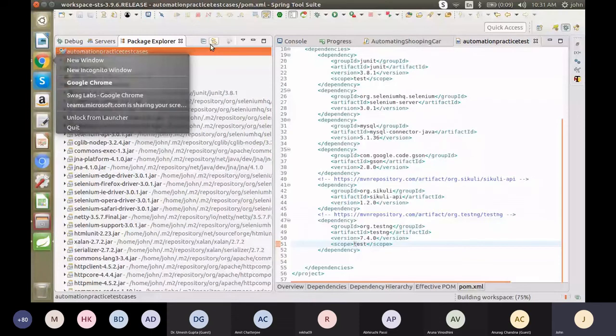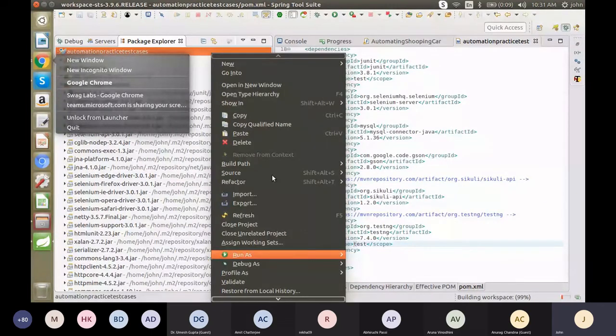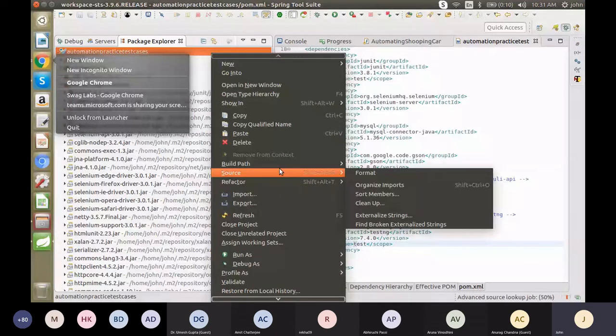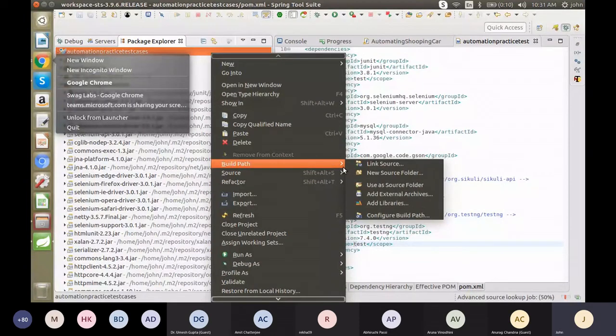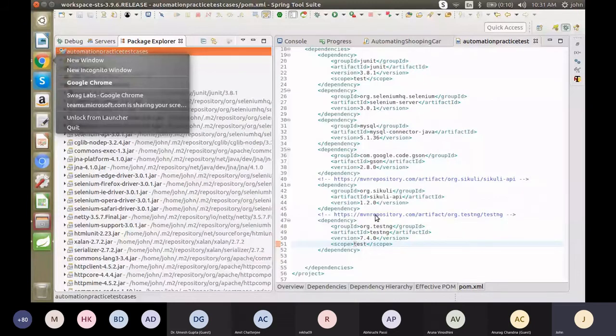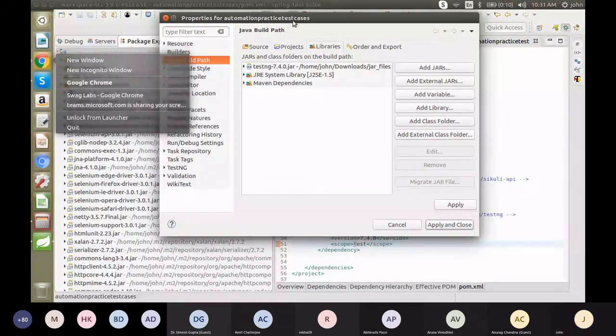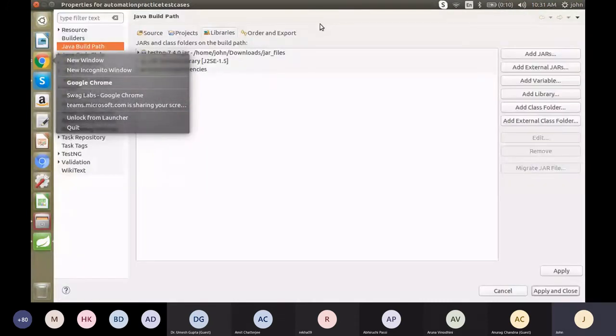You can see one build path, right? So you can go to this build path and click configure build path. Here you can see the properties for the automation test cases. Here I have added it, but we can add it in an external way also.